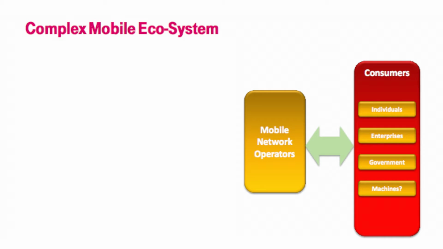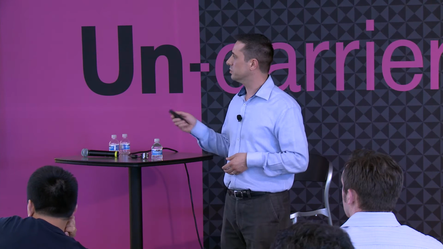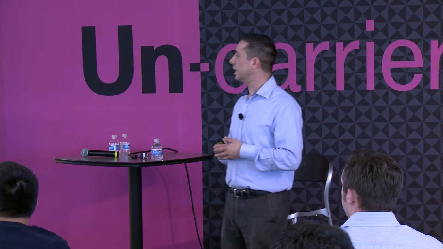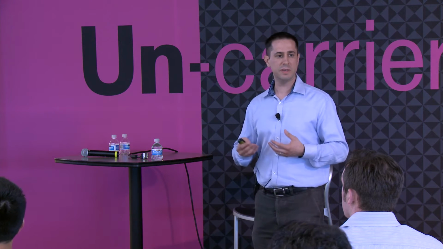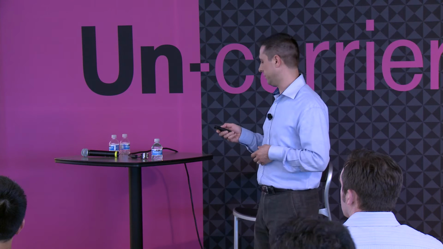Well, those consumers align to a mobile network operator. You're familiar with these: T-Mobile, AT&T, Verizon, Sprint, and so on. Here's an example of some of the largest mobile operators within the US. What's important to understand here is that each of these mobile operators have different implementations, different services that they provide, different configurations for their technologies. And each of these unique environments and unique configurations add to the complexity of this environment.